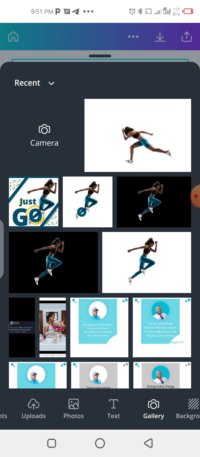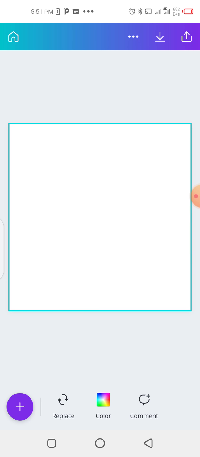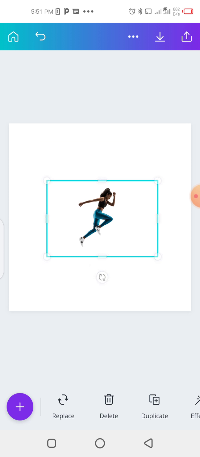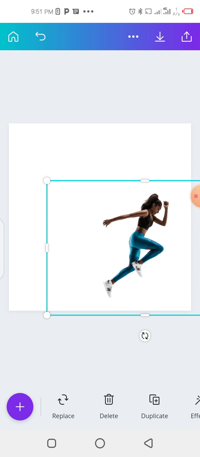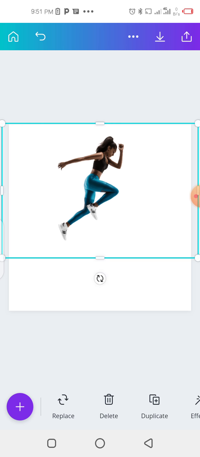And I had already removed the background of this one. That's why it's actually showing black. This one is yet to be removed, but anyways, let's just make use of this one that I've removed the background because of time. And then I had to increase her to these points over here,